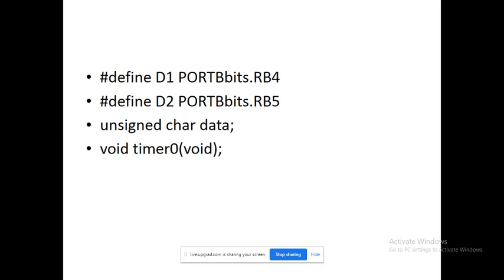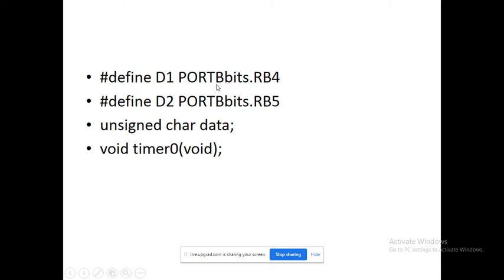Next, regarding hardware declaration. Now we want to check the level on a particular pin, and that is reflected on the LED. And that's why I am taking two LEDs, that is D1 and D2. You can take one, that is also okay. I am just considering two LEDs, D1 and D2. D1 is connected to a particular pin, that is on the B port. Its pin number is RB4.